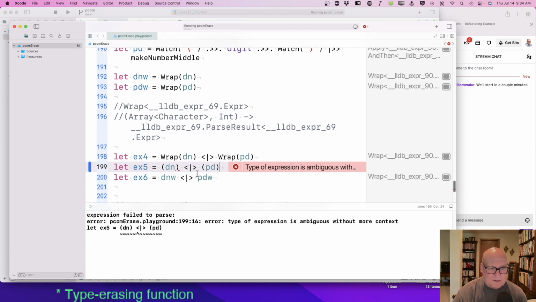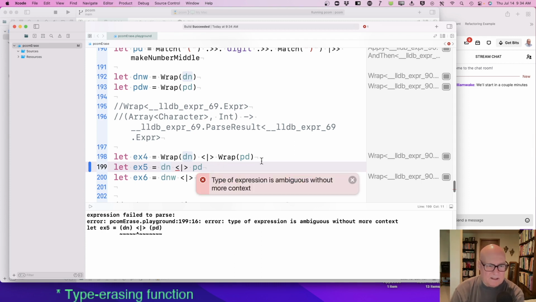Okay. Still ambiguous. Why? Type of expression is ambiguous without more context.